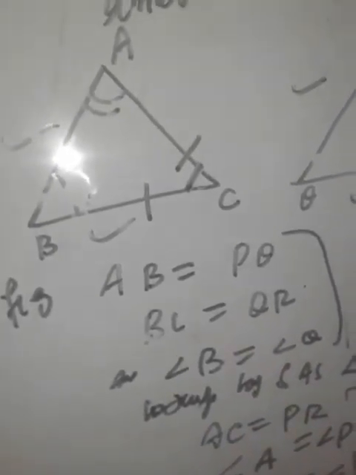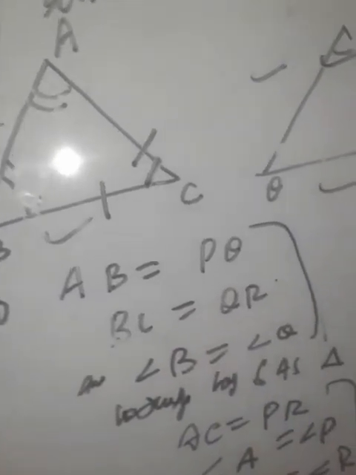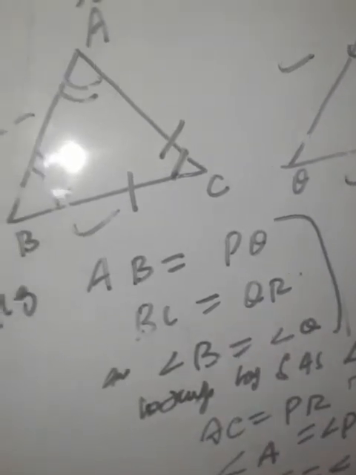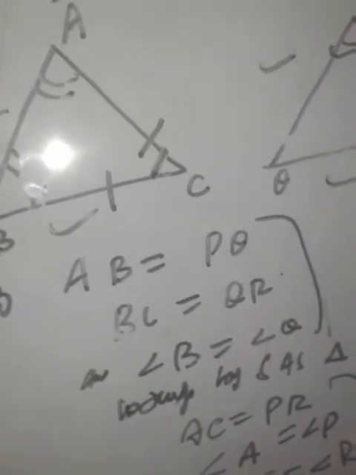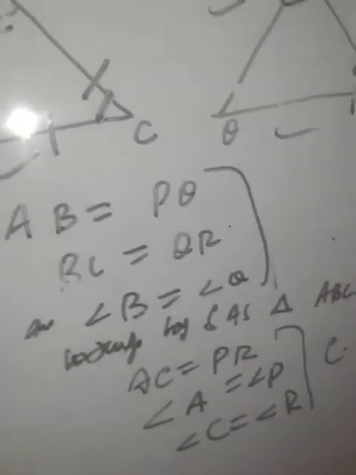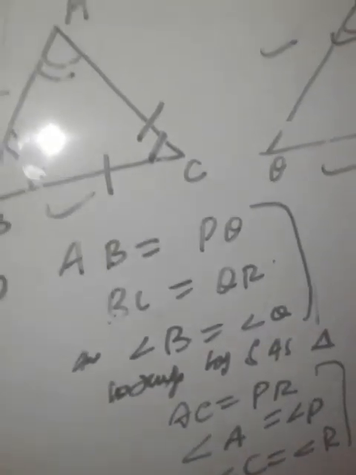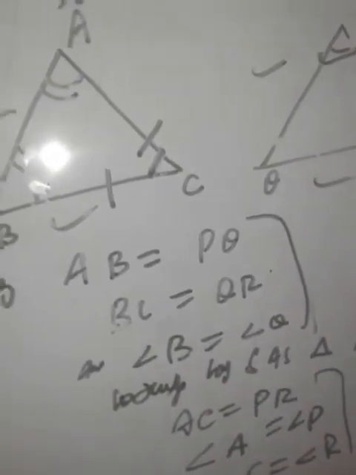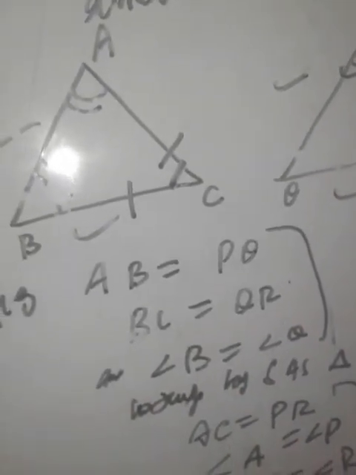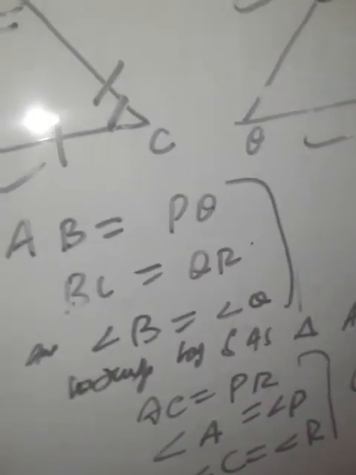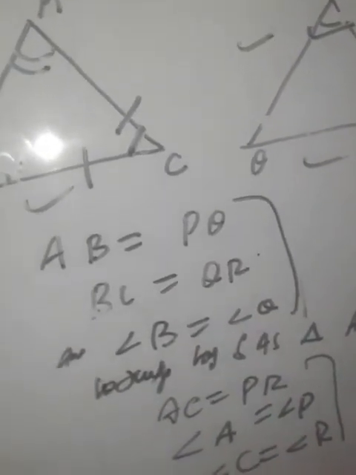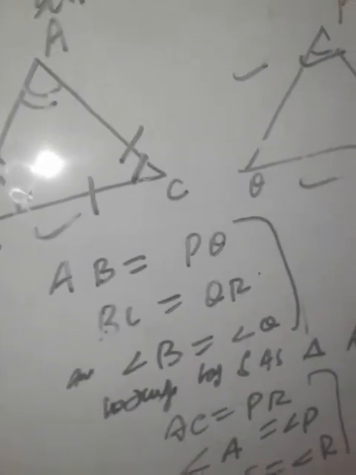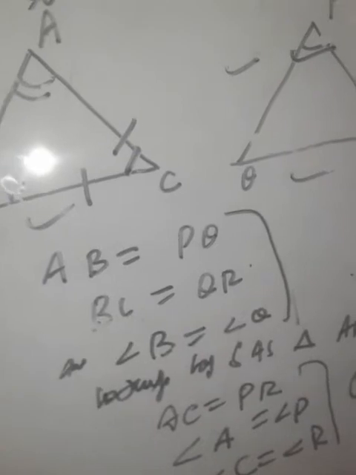Whenever you are asked that, for example, two triangles are congruent, one thing which should immediately come in your mind is that corresponding parts are equal, corresponding sides are equal, corresponding angles are equal. It must come immediately in your mind. So remember this concept, SAS: two sides and the included angle are equal to the corresponding two sides and the included angle.